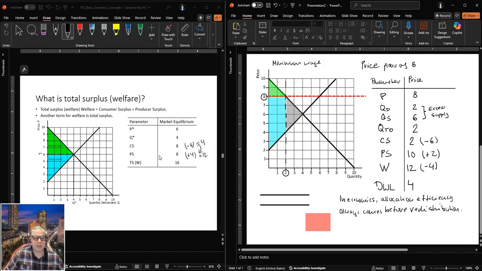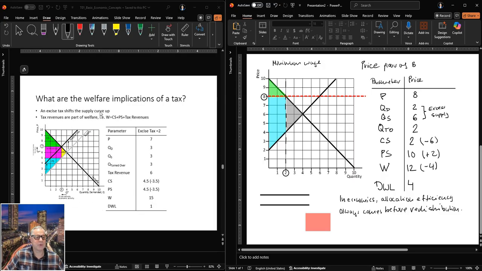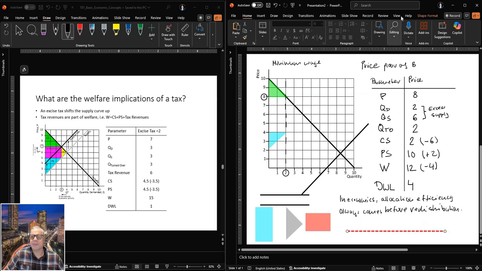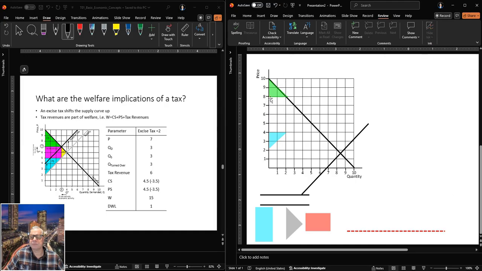So, okay, so now let's see. So we did the price ceiling, price floor. The next one is the implication of a tax. So let me just take those areas again. Maybe we need them later. Okay, so now we start again with our